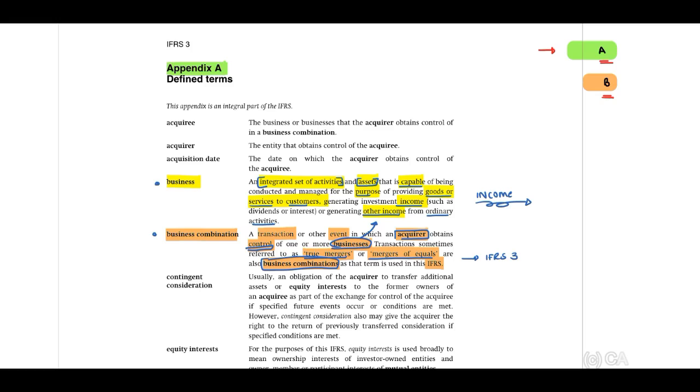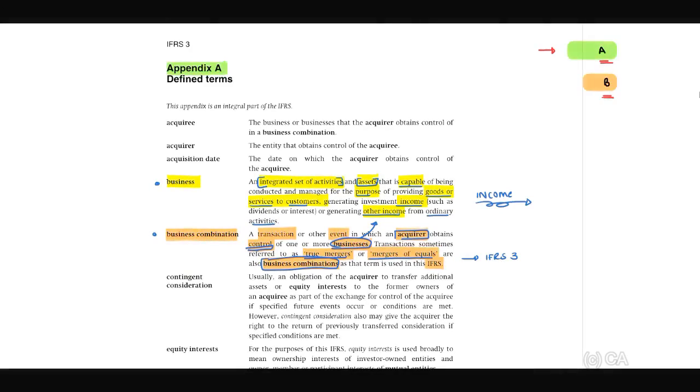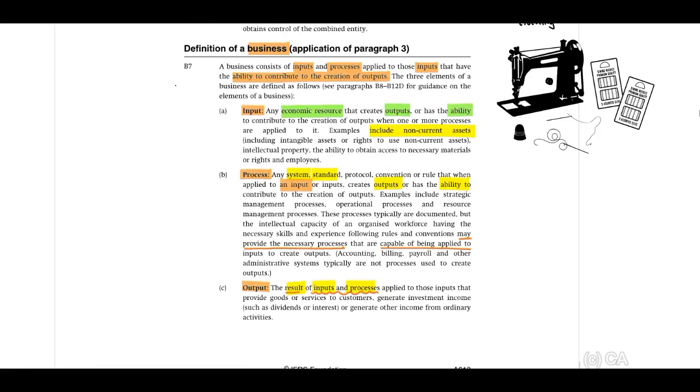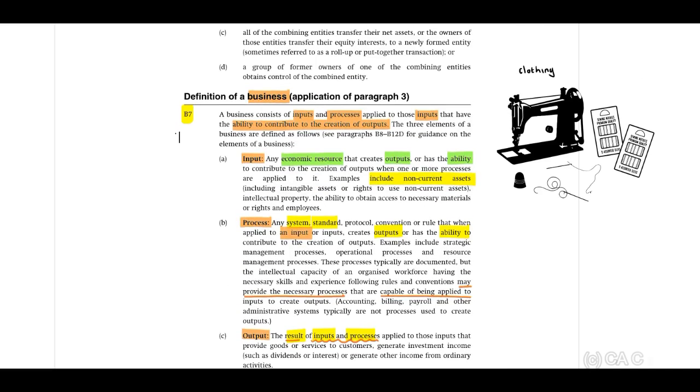Right, now I want you to please open your Appendix B. Appendix B7. Again, guys, bear with me. We need to read through certain of the principles first before I'm able to explain this to you. Now, when we look at this, a business will include three things. There has to be an input, a process, and an output. Remember your key words here, guys. Input, process, and this together should generate an output.